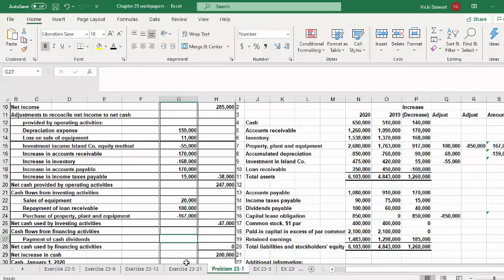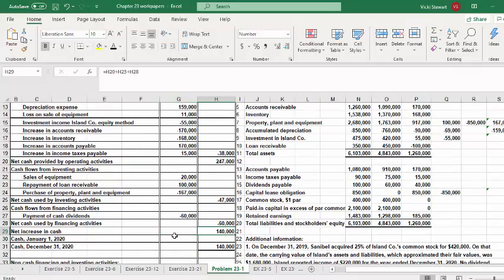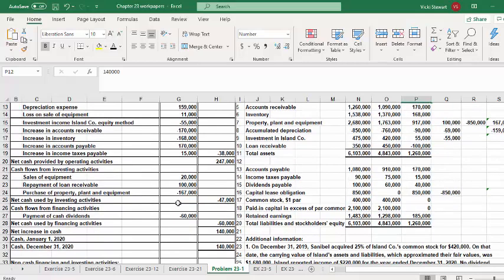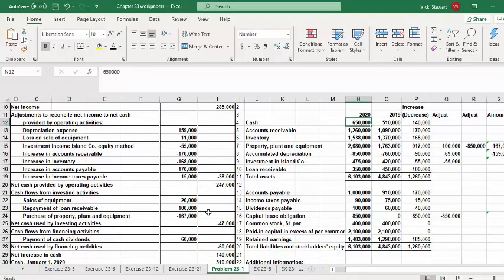Our cash flows from financing activities included the payment of the cash dividend of $60,000 that we determined from the information. So that gives us a net increase in cash of $140,000 that does match the increase from 2019 to 2020. And then we add our beginning cash, which was $510,000. And that gives us a cash balance at the end of December 31st, 2020 of $650,000, and that does reconcile